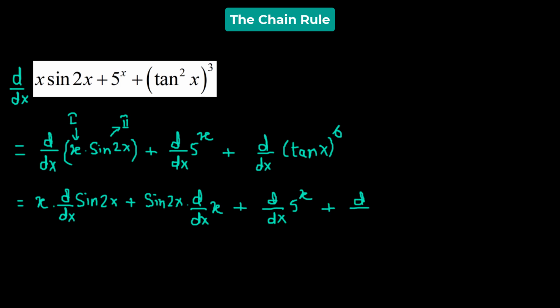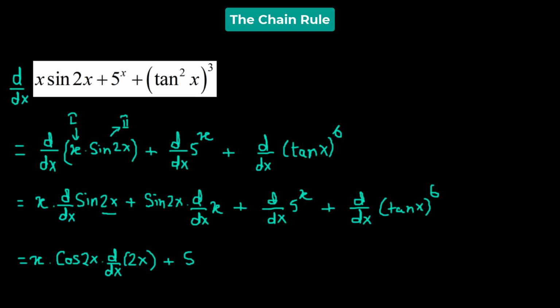the derivative of tangent of x raised to the power of 6. Now we apply the chain rule and then find the derivative for the functions. So we have x times sine 2x. If we assume that 2x is equivalent to x, then the derivative of sine 2x must give us cosine of 2x. But since 2x is not actually x, we multiply it by the derivative of 2x,